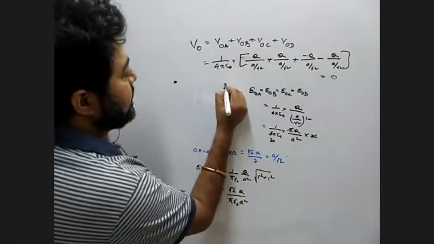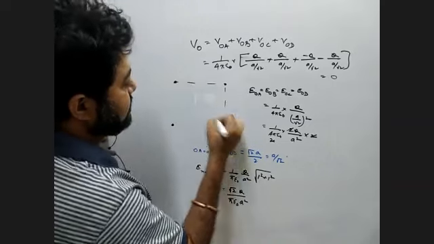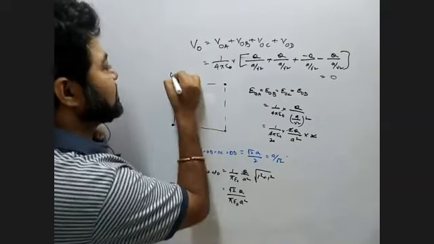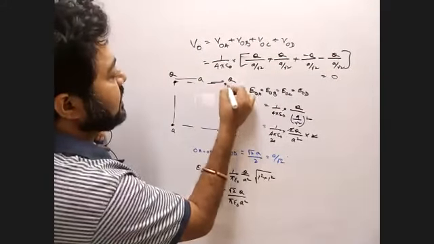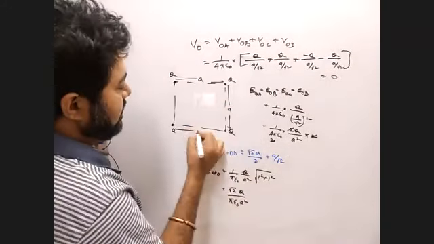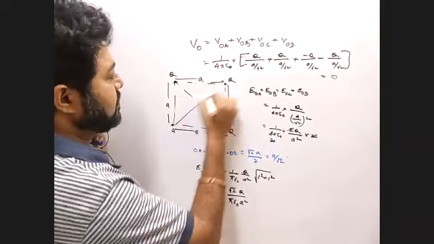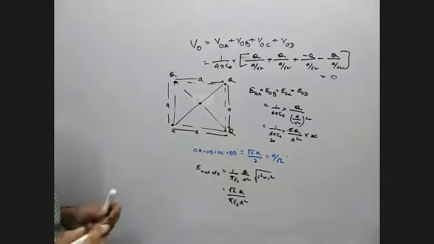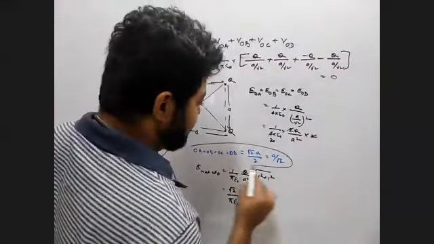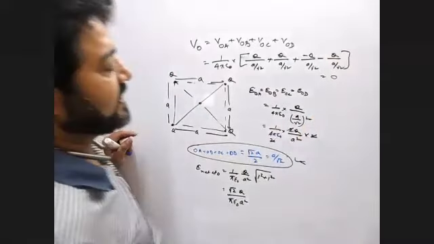They give you 4 charged particles, same strength, Q, Q, Q, Q. Distance is A, A, A, A. And now they ask you, find the net electric field and net potential at the center. So obviously, again, first you find out this distance. This is valid. If you want, you can find